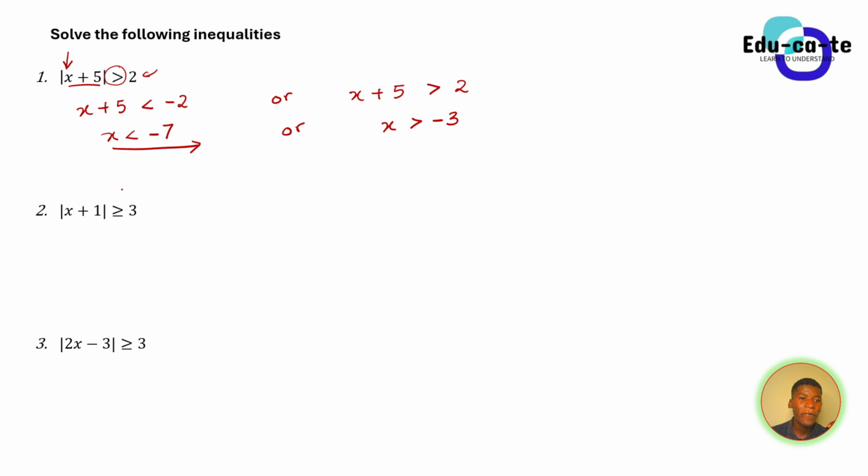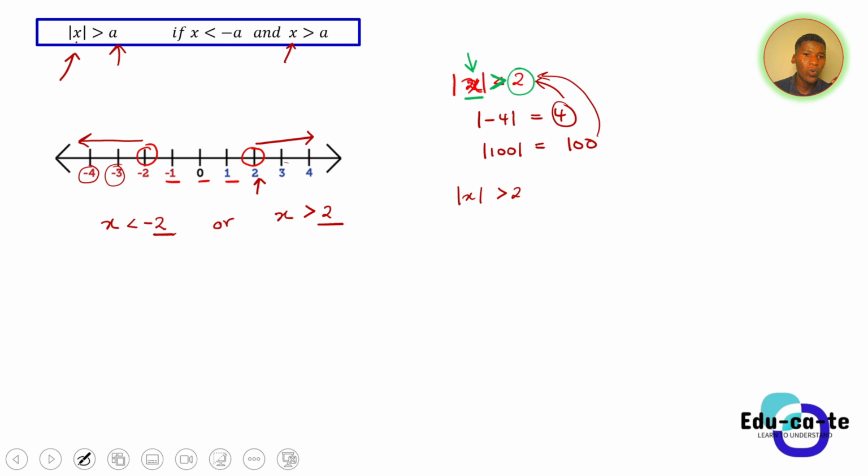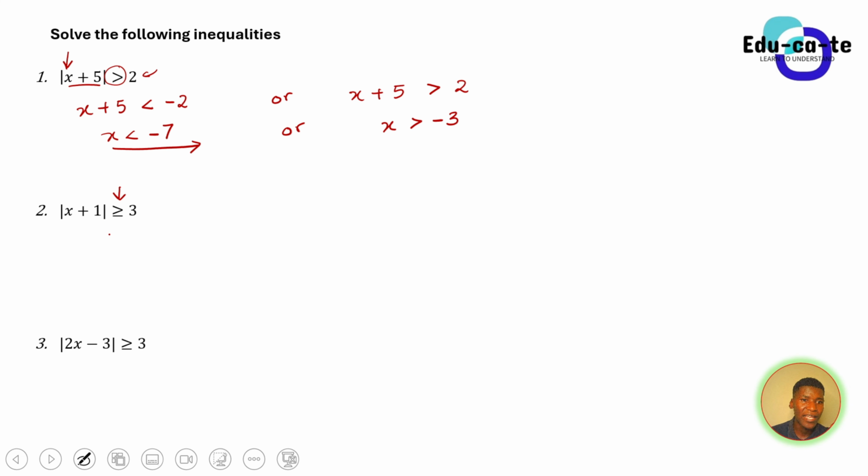So the fact that you have seen greater or equal to, you need to apply the law that says when you are looking for an absolute value or a distance that is greater than something, then you need to go less than the negative of that thing and greater than the positive of that thing. In this case, x plus 1, our expression, needs to go less than negative 3 so that we can get a distance that is greater or equal to 3. So we're just going to put an or equal to sign there.